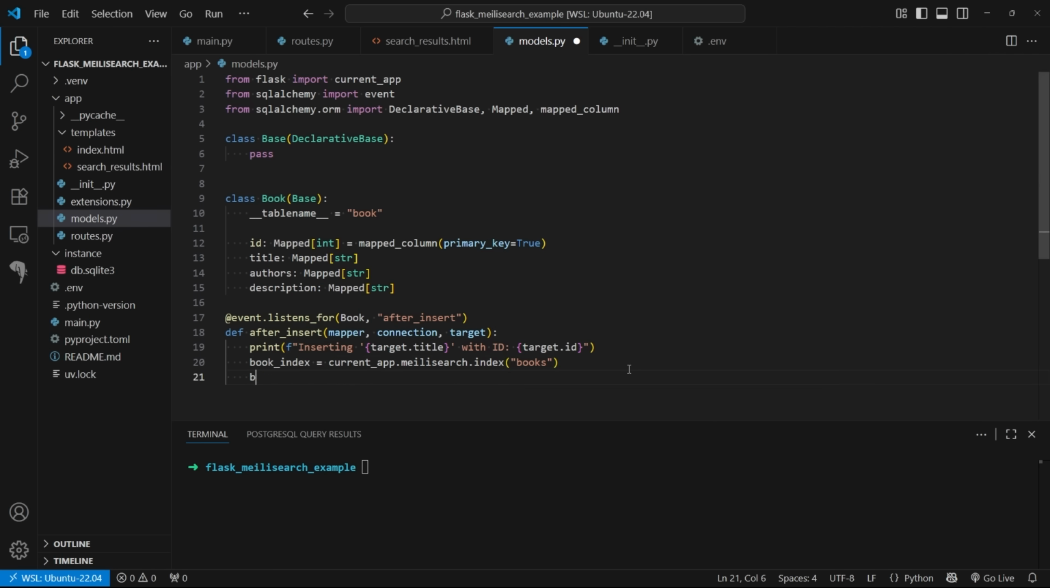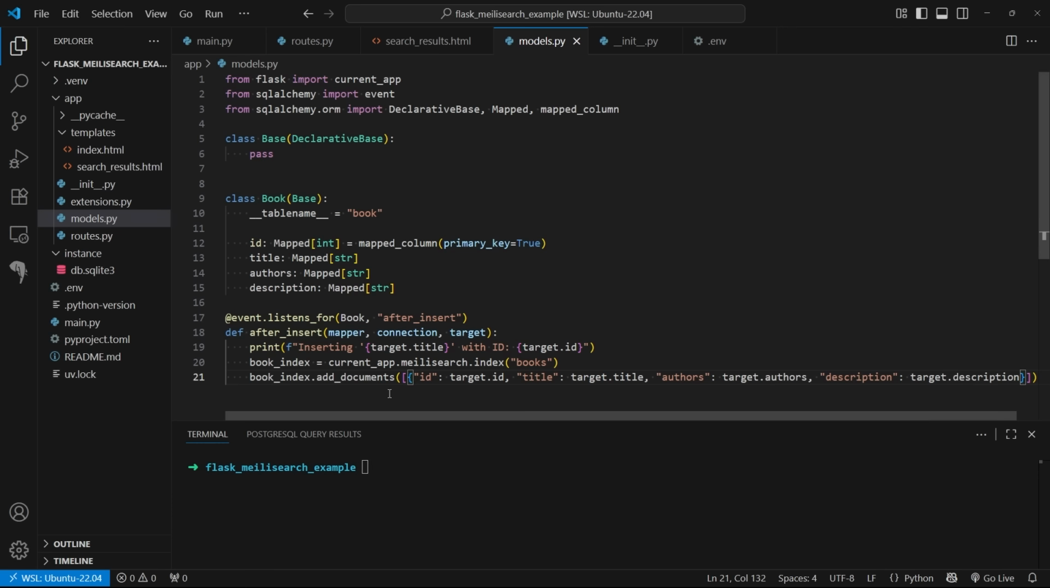So I'll do a similar thing, but I'll just keep it all on one line. So book index.add_documents. And then in here, I need a list, but it's only going to have one thing in it. So the ID will be target.id. So target represents the SQLAlchemy object. And then the title will be target.title. Authors will be target.authors. And then finally, description will be target.description. Okay. So what's going to happen here is every time I create a book, it's going to automatically insert that